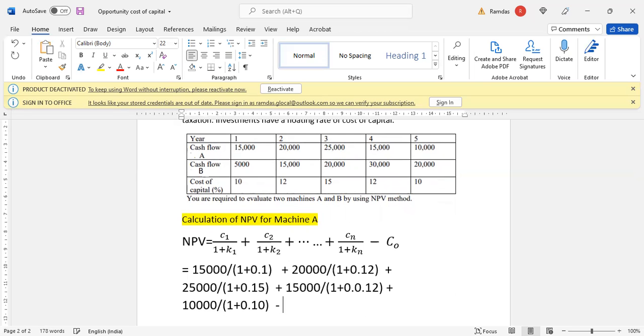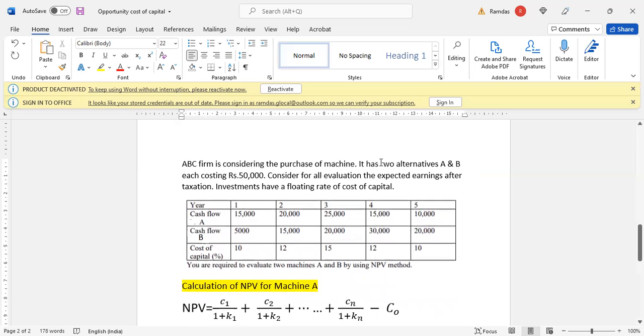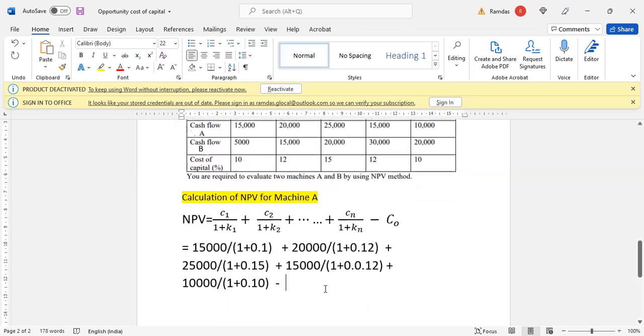minus your CO. CO is how much? Original investment. Your original investment for both the alternatives is 50,000. It is the same. So minus CO. CO is 50,000. When we simplify this, we'll be getting